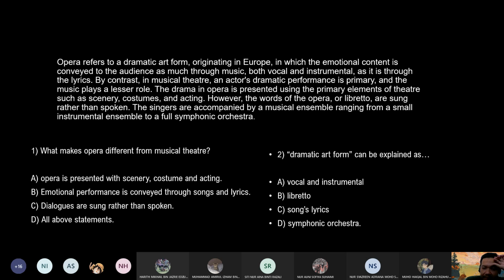Any other answers? Songs lyric is maybe, but it just focuses on lyrics. But libretto focuses more on the voice, because you sing. I think B could be the best answer. Okay, can you agree? B would be the answer. Any objection? No, sir. Okay, I think yeah, it's libretto. Okay, we go to the next